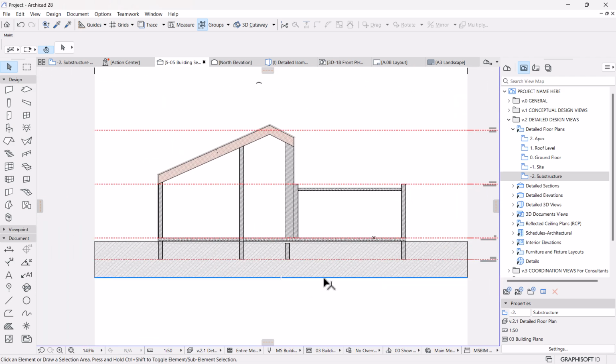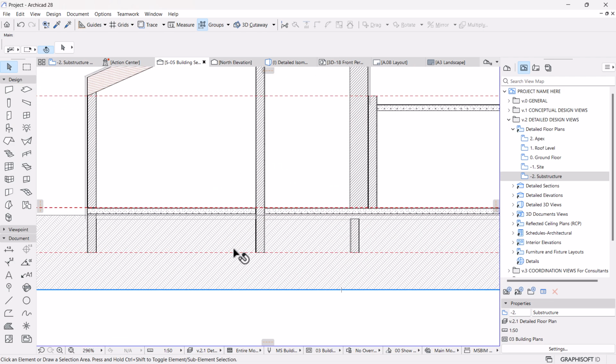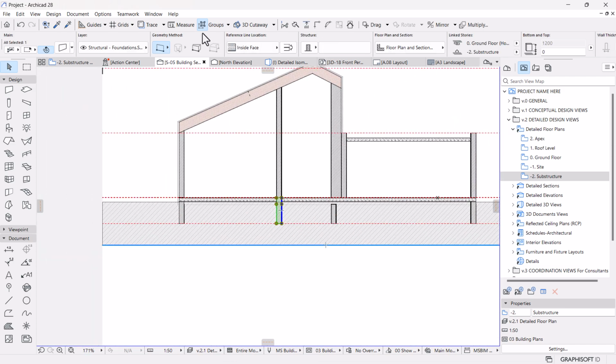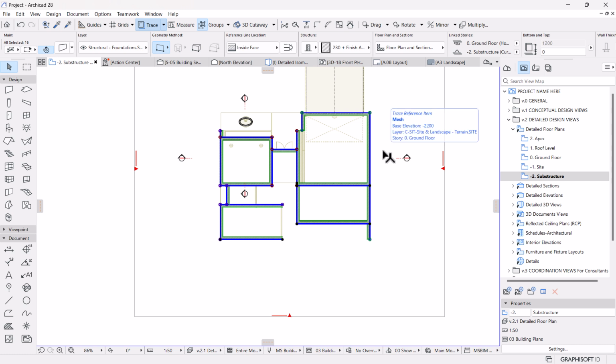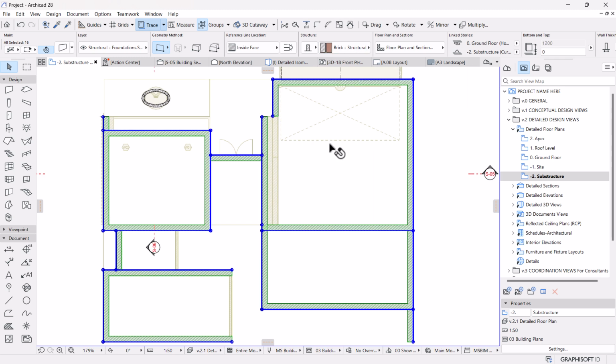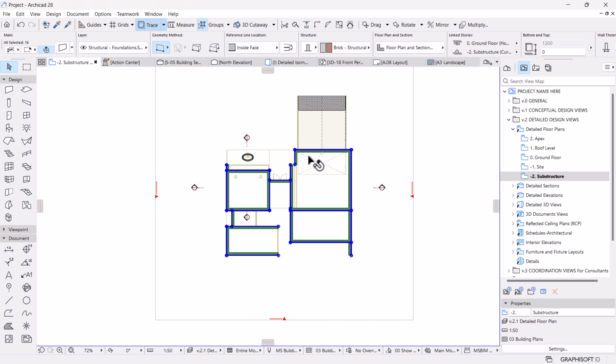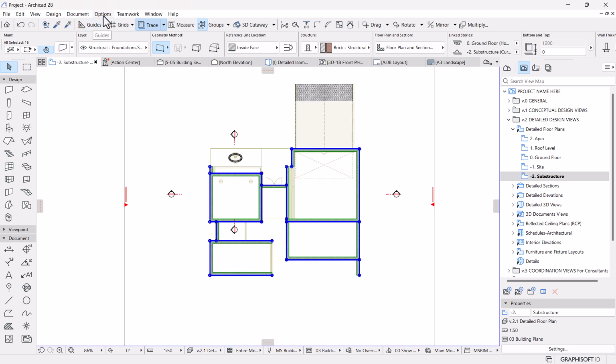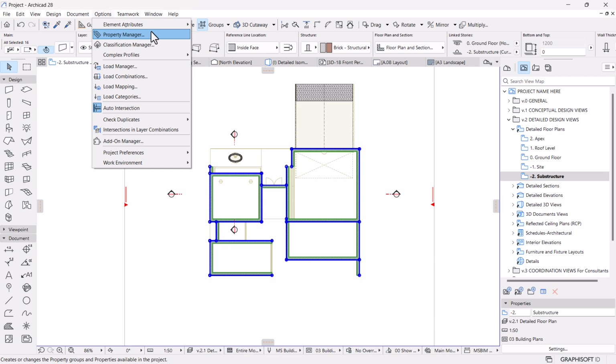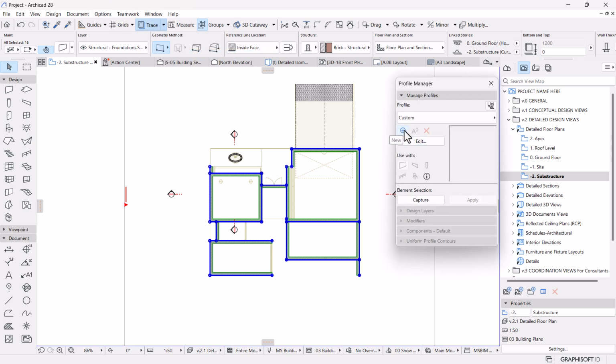In this case, I'm going to use just a simple strip footing, and in order for me to create a strip footing, I'll select all the elements. Let's go back again here, make sure they are all grouped, and change to a basic structure, because you won't have your plaster and paint on your foundation walls. Okay, from here we want to use a complex profile to add our footing. So maybe I'm gonna go to options. Either way of bringing your profile manager, I will go with this one and create a new